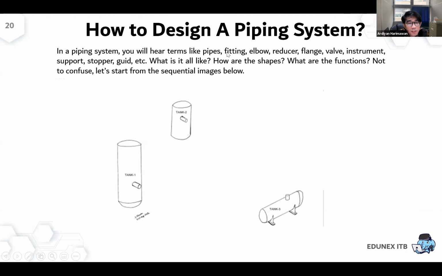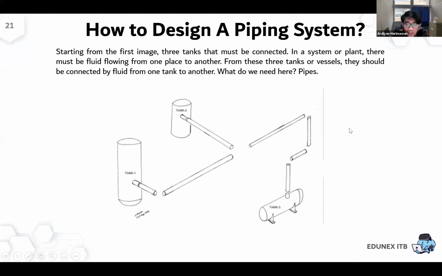Later you will hear terms like pipe, of course, and then fitting, elbow, reducer, flange, etc. So you have, for example, three tanks. Then you need to connect each of the tanks. Of course, you need pipe, right? But when you want to connect, menyambung, the pipe to the tank,